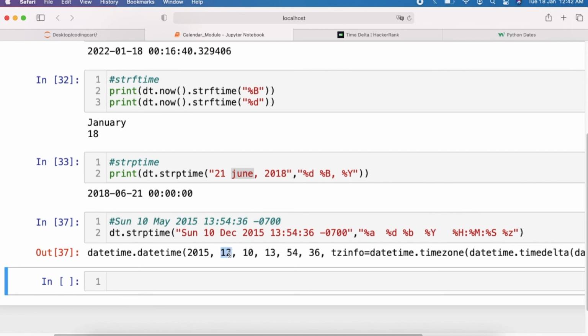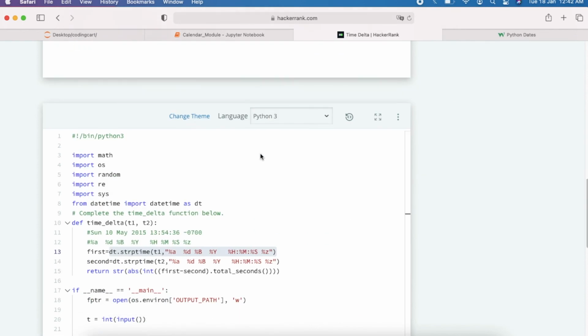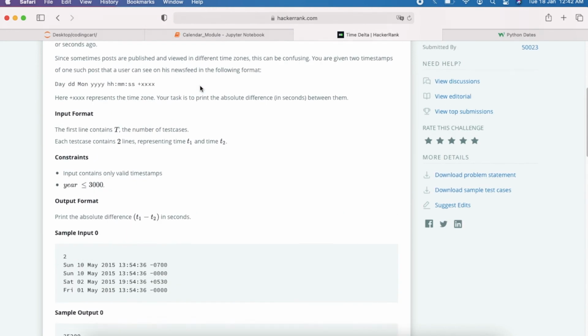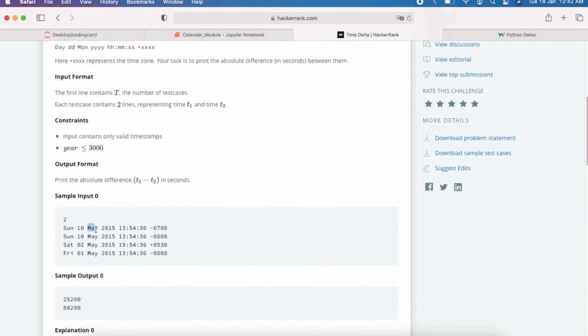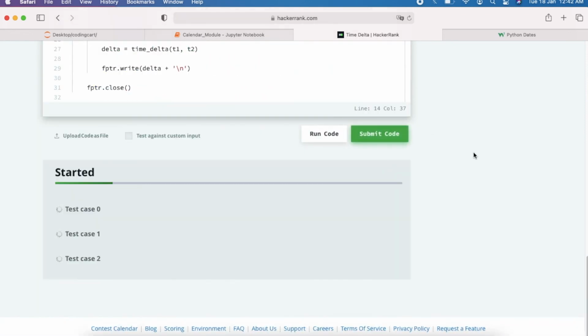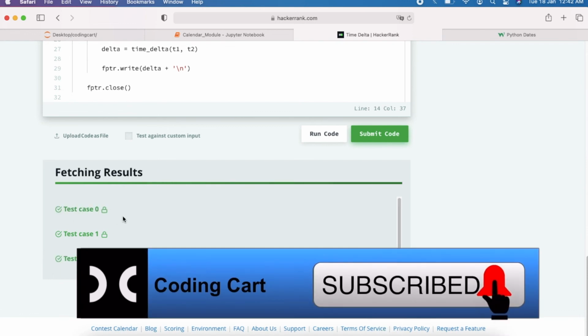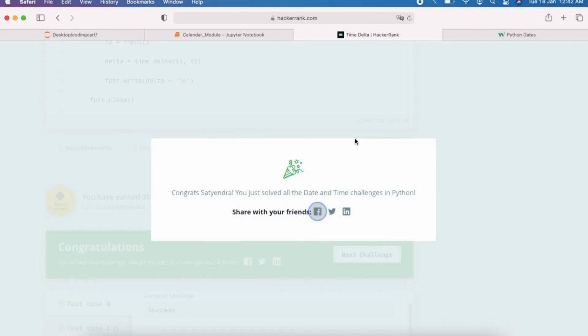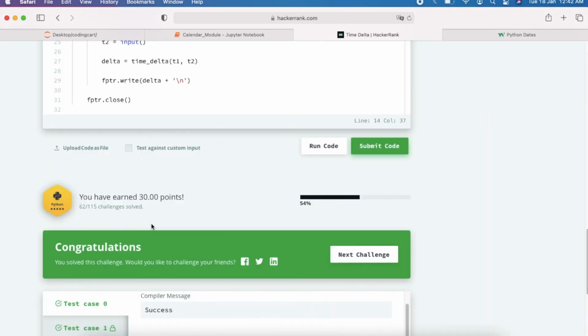Here it is giving 12, means in this code everything is correct. Now we don't have to give capital B, we have to give a small b, as they will pass only the short form in this input sample. They will pass only the short form. Now if we execute this one, let us submit directly. Now you can see test case 1 got passed. Now waiting for the other 2 test cases. Now you can see it is passing all the test cases. So congratulations, we are done with all the hidden test cases.